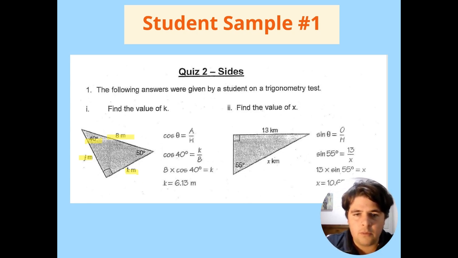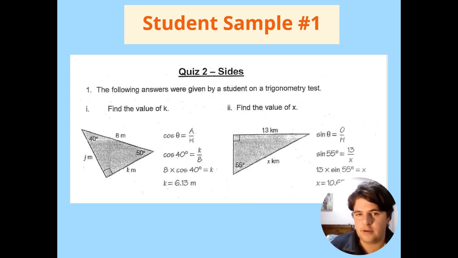So what they've done, they have shown me their working out in that they've shown me which ratio they've picked. They've inputted the values. They've rearranged the equation so that k is found, so therefore they can use their calculator to find the value of k. But they have used the wrong ratio. Cos is adjacent over hypotenuse, when they need to make sure they are using